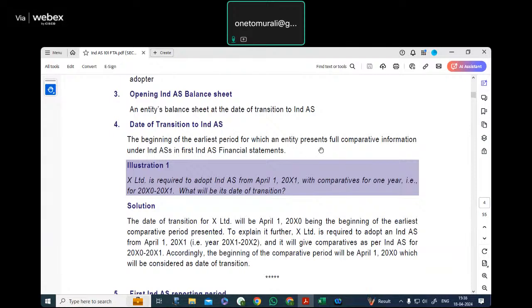The problem that we will be taking up in this particular section is going to be a little bigger. Therefore, I would like to take a break at this moment, maybe 10-15 minutes. Then we will take up two problems on Ind AS 101, and then one problem on consolidation. I think by that point of time we will be coming to an end of this session.